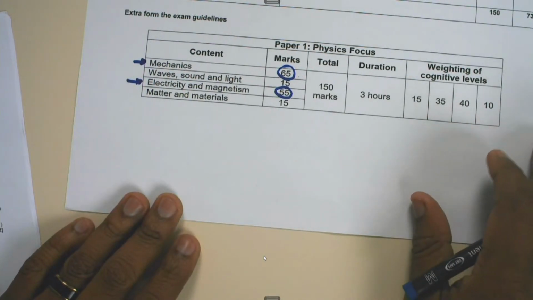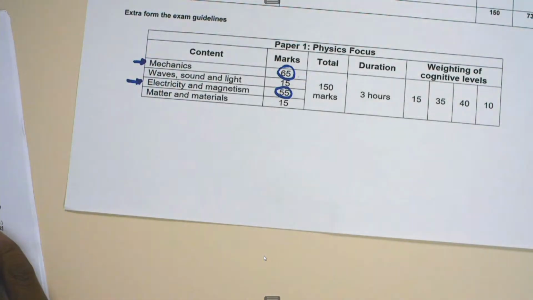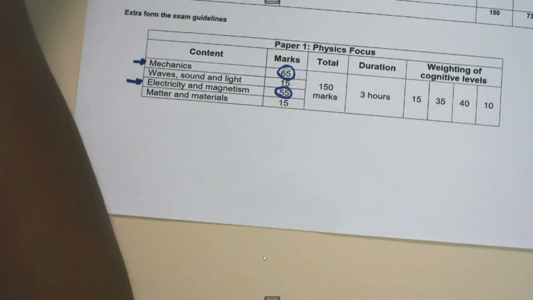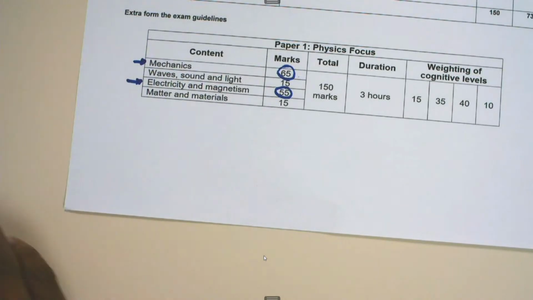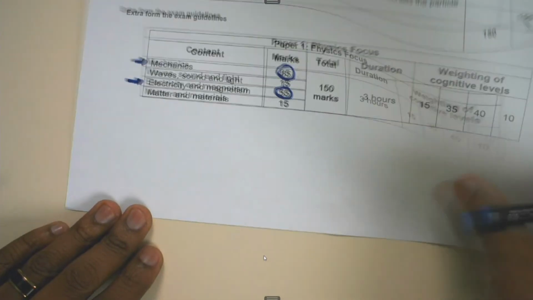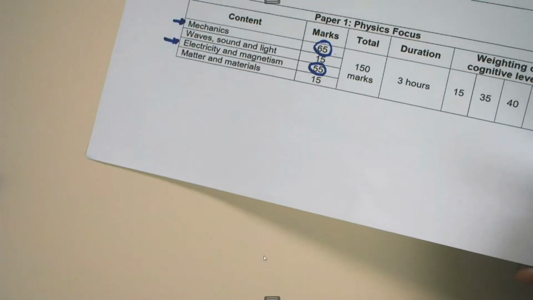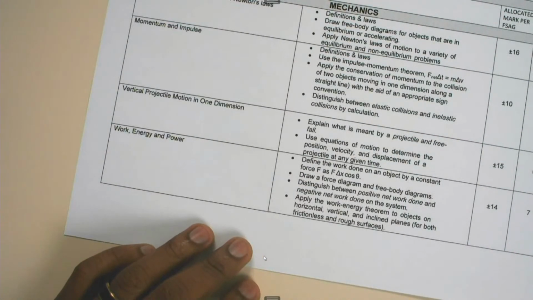So the idea is in each topic we are going to try and look for the achievables. The achievables will assist us in such a way that they are non-negotiables. They are things that each and every one of us should be able to get maximum marks for. So I will start with mechanics, and the first part will be Newton's laws.